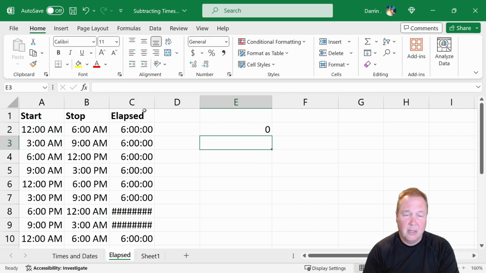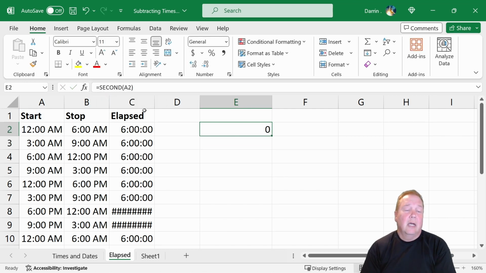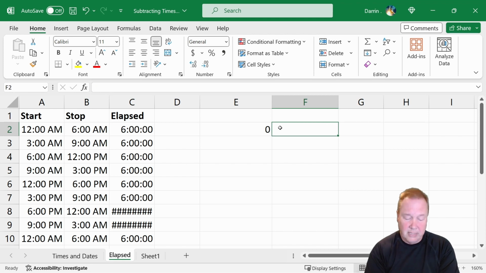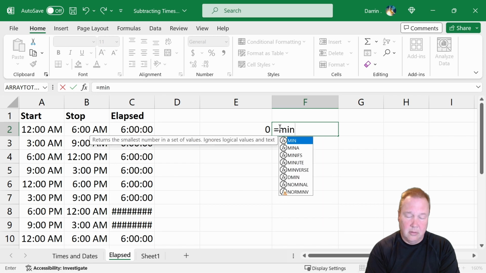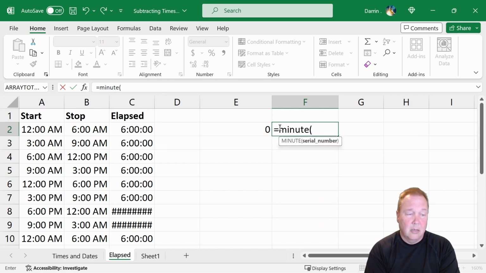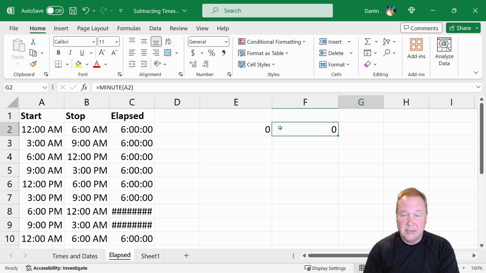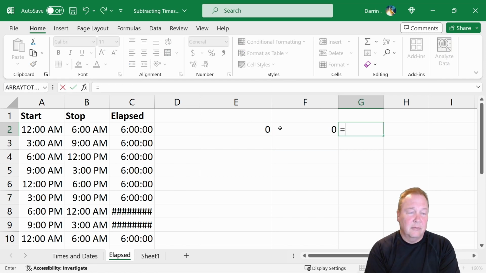That might work better. And we have 0. Actually, let's just do this a bit shorter. Well, we'll do the seconds on here. Okay. And then we have minute of A2, which is also 0 in this case. And we have